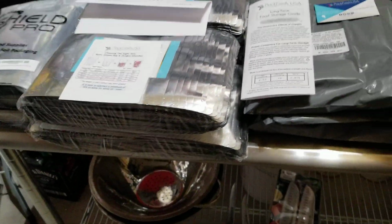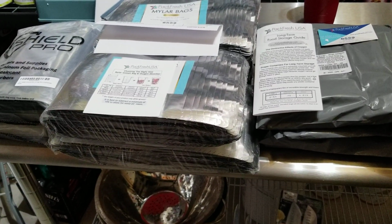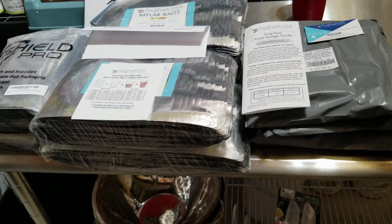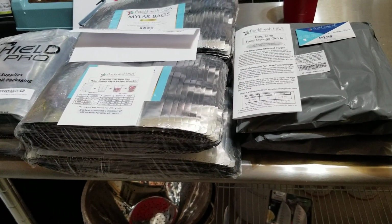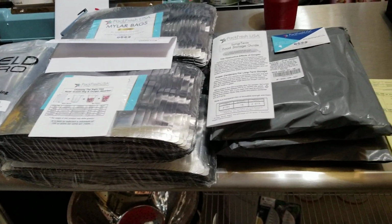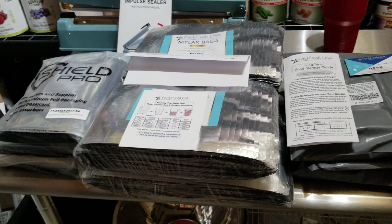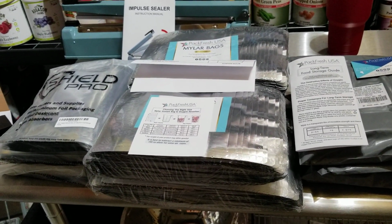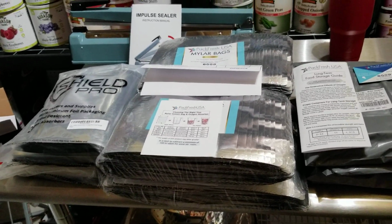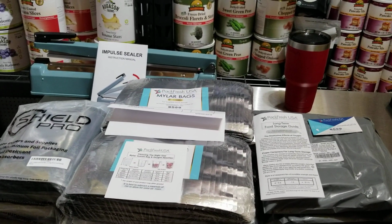But there's also a concern that maybe the food that you're bringing in might be infested already. There may be eggs or other things, and the oxygen absorbers kind of help, but not 100%. So the ultimate way is to use some kind of gas to completely remove any oxygen, but at the same time remove moisture. Some people will use carbon dioxide, and I've seen where they can take dry ice,